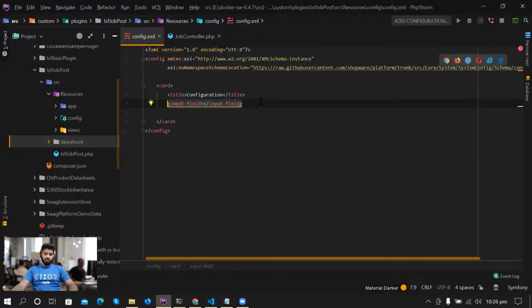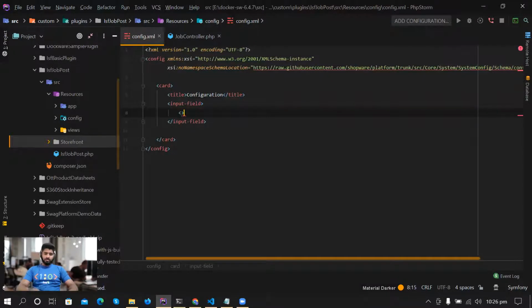So you can see we have an input field, which basically means that we need some sort of input where the user can add the heading of our page. And this input field also needs a name as well. Like in HTML, we use a name attribute, so we also need this type of thing here. The name that I'm going to use, I think it would be much easier if we go with the job page heading, I guess. So let me enter the name here as well. So there is our name,